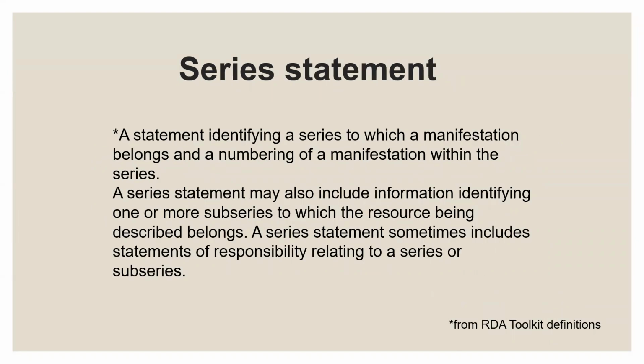In the series statement, you sometimes find a series statement in the book that you're cataloging, and sometimes the series statement may include numbering. It's important to note that series information that is recorded in the 8XX field needs to match the authority record, and we'll talk about these things in a few minutes. The information that is recorded in the MARC tag 490 is transcribed from the item. So basically, in your record, the MARC coding would be a 490 is a transcribed field, and the 8XX field is taken from an authority record. So those are the two things to remember. We'll be talking about those in a few minutes.